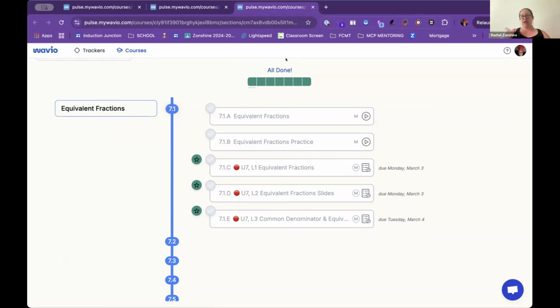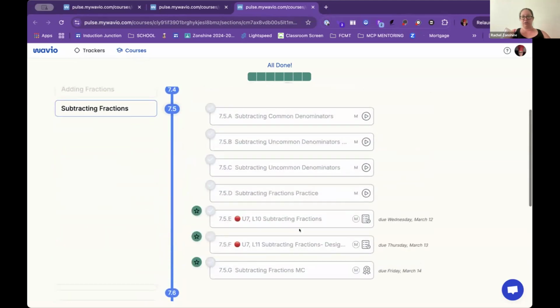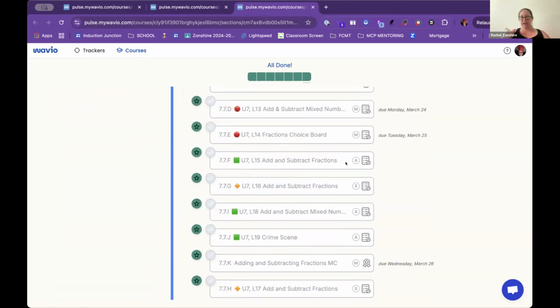And they can also see at the top, the student's all done and everything's green. So they don't have any revisions. They don't have any optional items. They are done with everything. If I go down a little bit later in my unit, then you can see it has an A